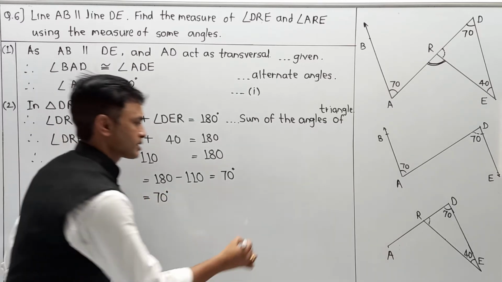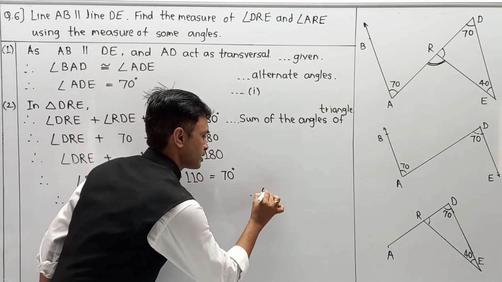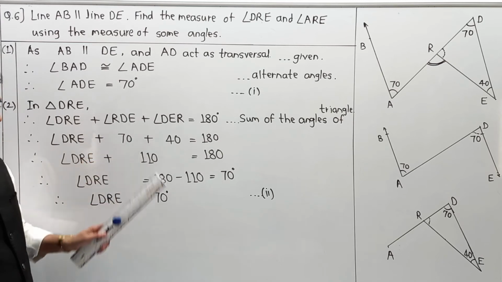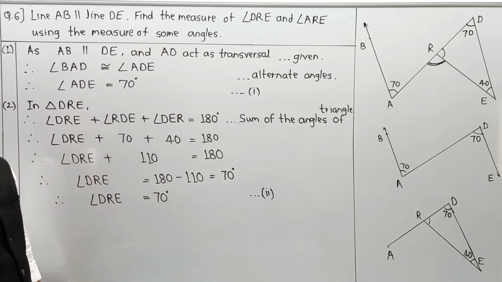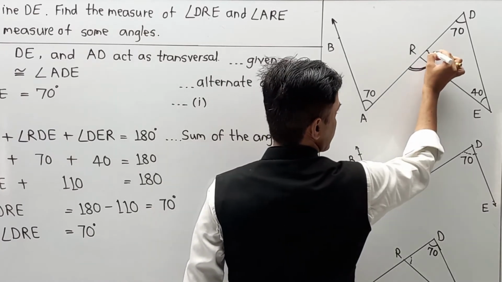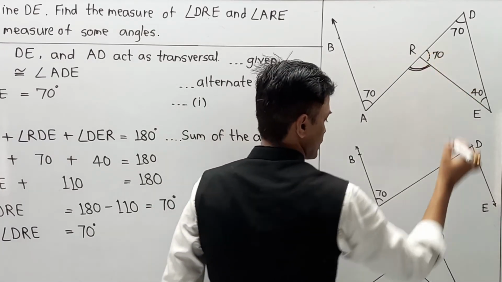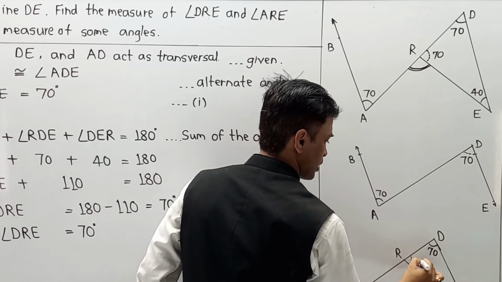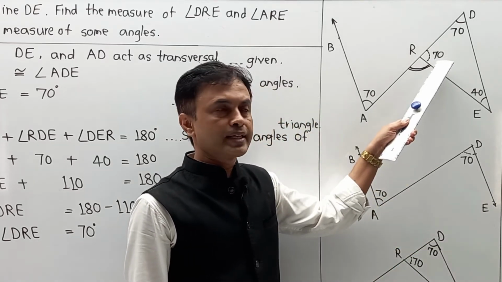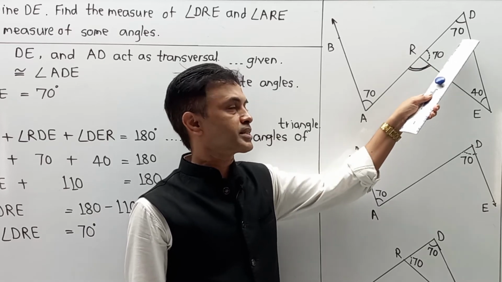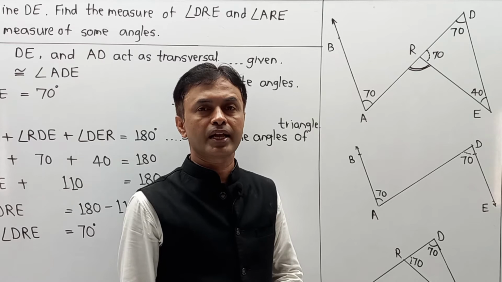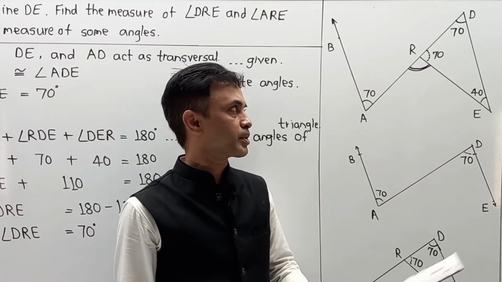As it is the second answer, I am going to give it as equation number 2. Now we are able to get the first angle as 70 and the second also as 70 degrees. I am going to highlight this in the diagram. Here this value is 70 degrees, and this value is also 70 degrees. Now we can do a cross check: 70 plus 70, 140, plus 40, 180, means the sum of the angles of the triangle is 180 degrees, which is transparent.